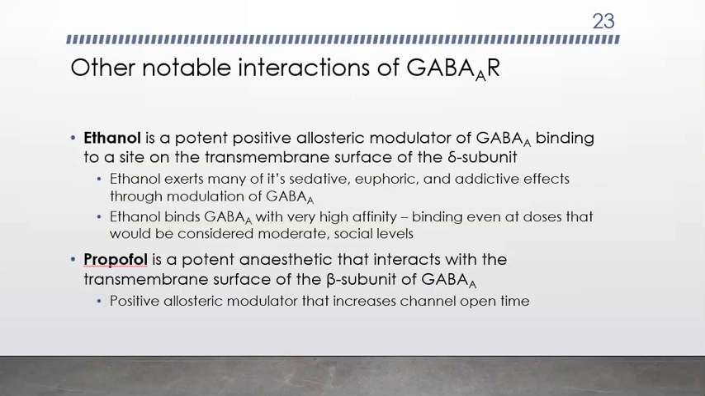We're going to do one more slide just so we can finish up the GABAa receptors. So there are some other interactions that can happen at the GABAa receptor. One is with ethanol, so alcohol. This is a positive allosteric modulator of the GABAa receptor, and it binds to a site on the transmembrane surface of the